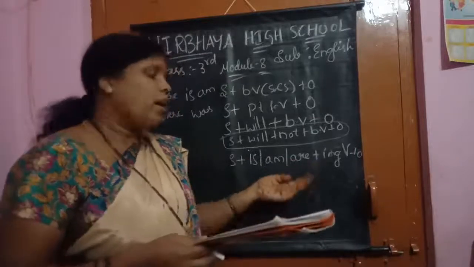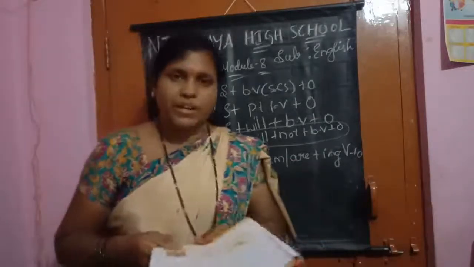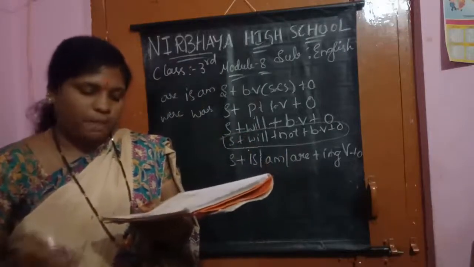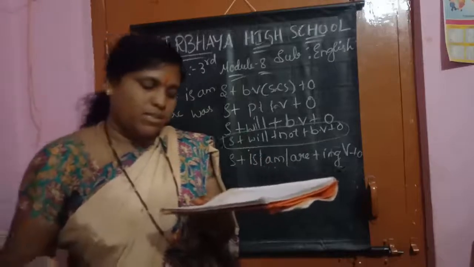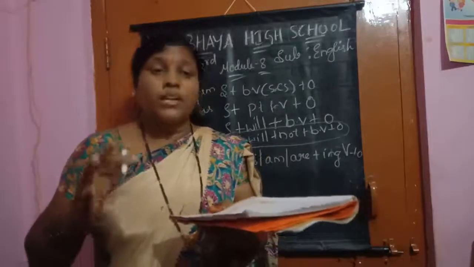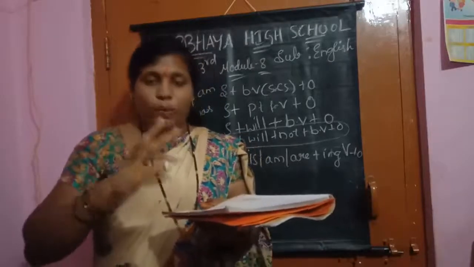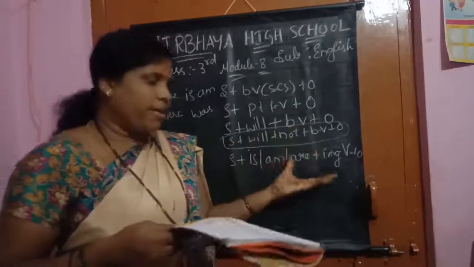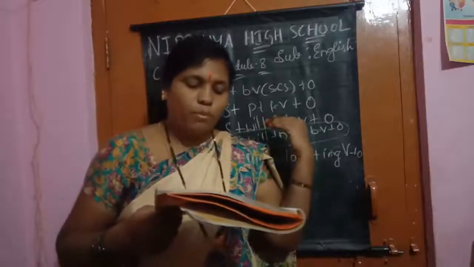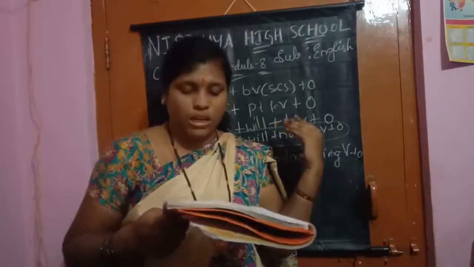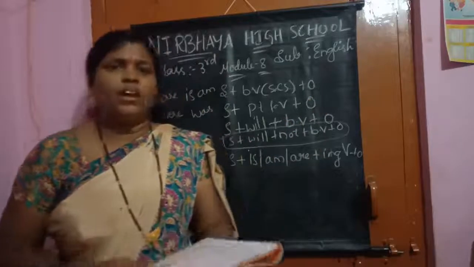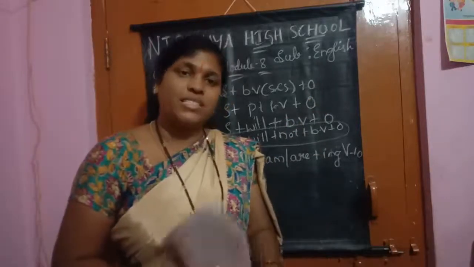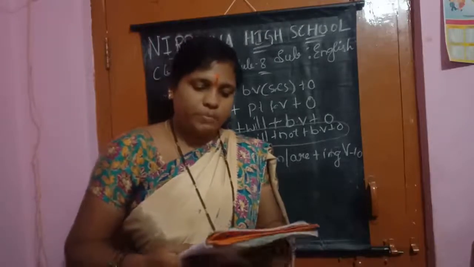Very good, children. Now coming to the next, past continuous. What is past continuous? It is an action that went on for some time in the past. The sentence talks about actions which went on for some time in the past. The dog was barking because it was hungry. It was raining heavily last night. Last night it was raining, no? That is the past continuous. Sometime it happened.